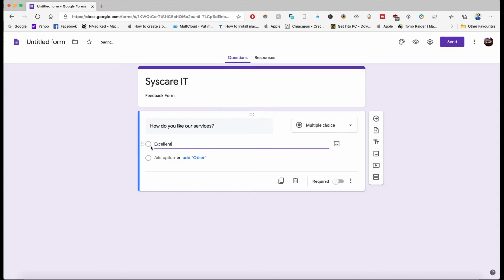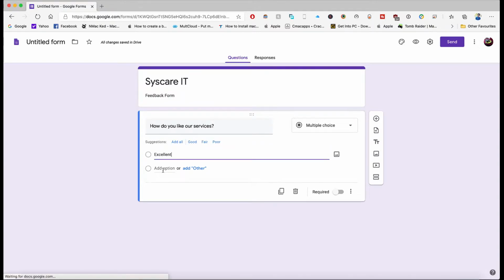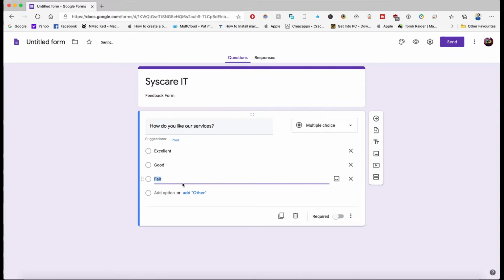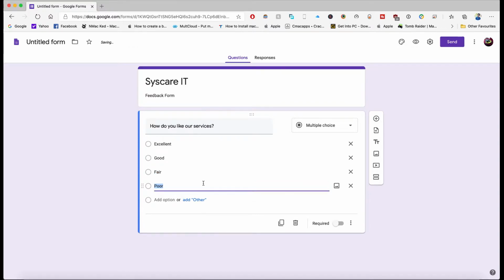You can add more options. Just click on add option. It will automatically take good, fair and poor. So I can give four options here. I can edit all those options. Okay, so I have made a question. So one question is ready.